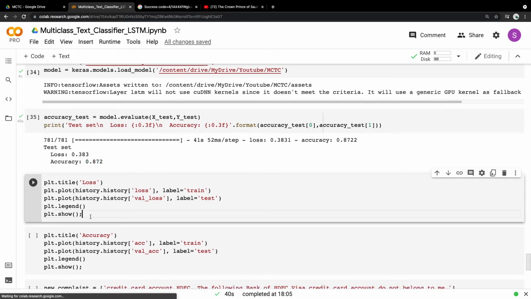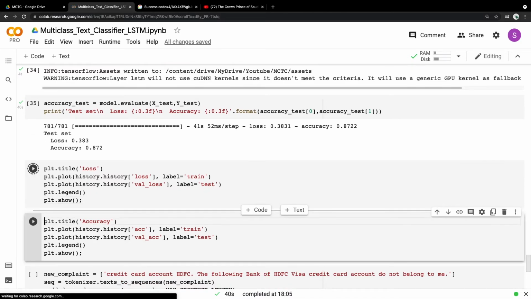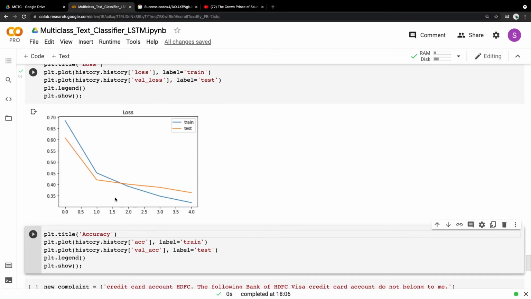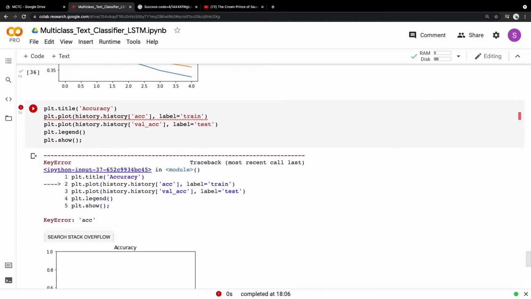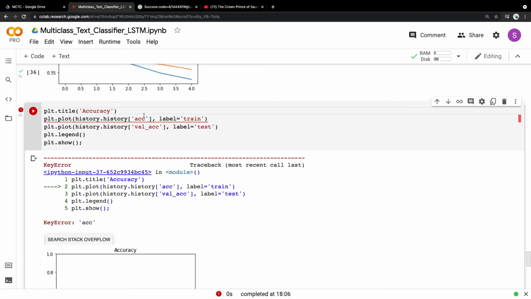So let's plot the loss as well as the accuracy, just to show you how it looks. You see that the loss with the number of epochs is actually reducing, and both the training and testing loss are pretty close to each other. So this should be the ideal case. And let's see the accuracy.